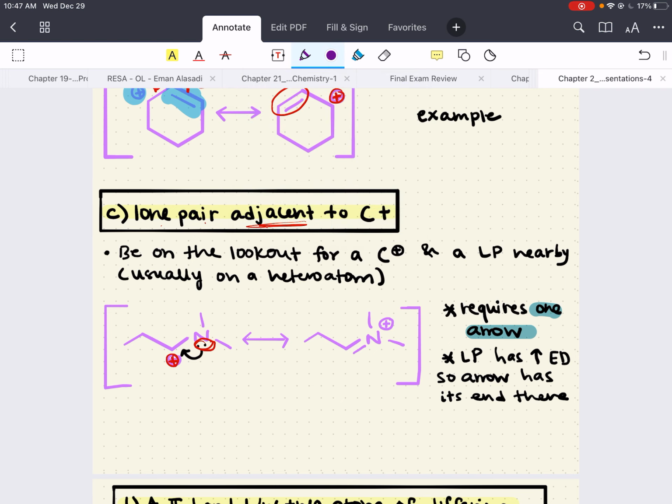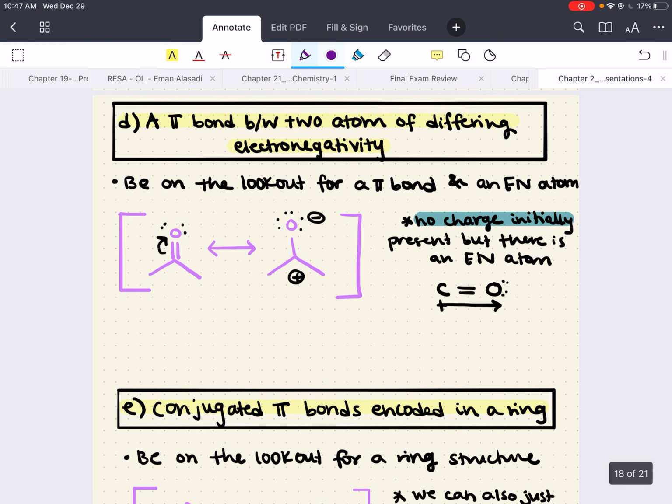do is draw, this means this is going to have a resonance structure. We're going to draw our arrow from the lone pair over by the positive charge to form a double bond over here. Because we've moved this electron, now we've moved the positive charge to the nitrogen. They've switched positions. So this is the third resonance structure pattern, a lone pair right next to a carbocation. Beautiful. Now, our fourth resonance structure pattern is you have some sort of pi bond between 2 atoms of differing